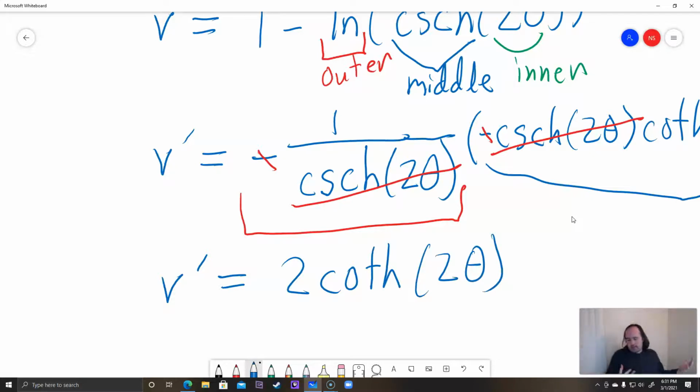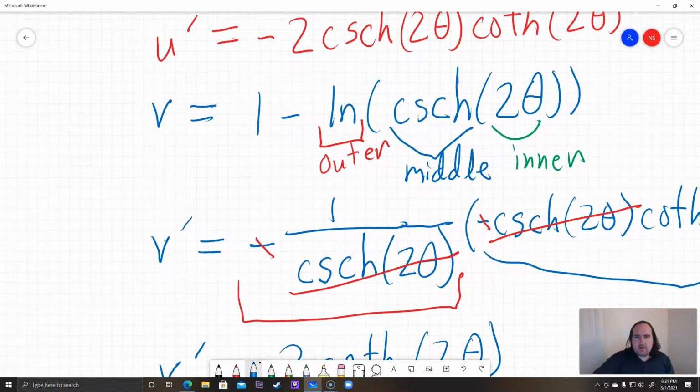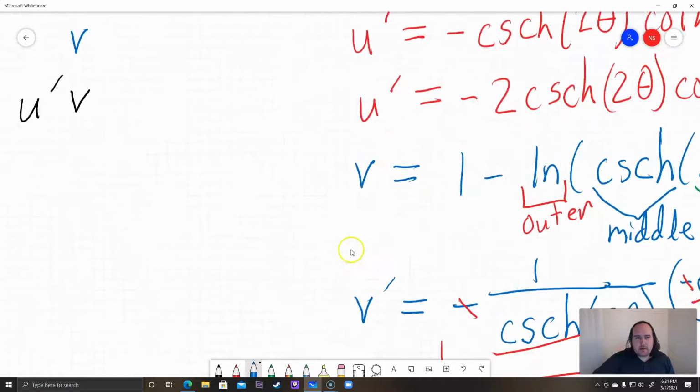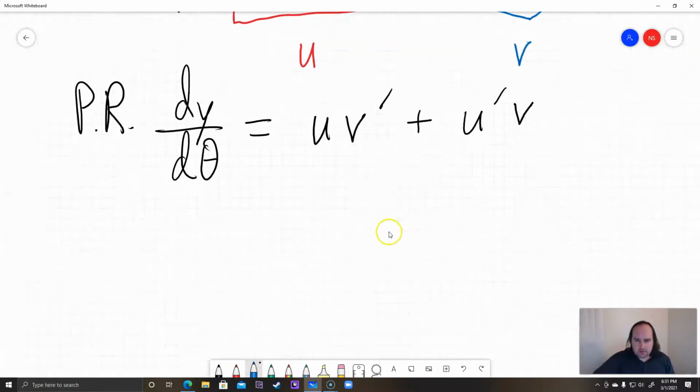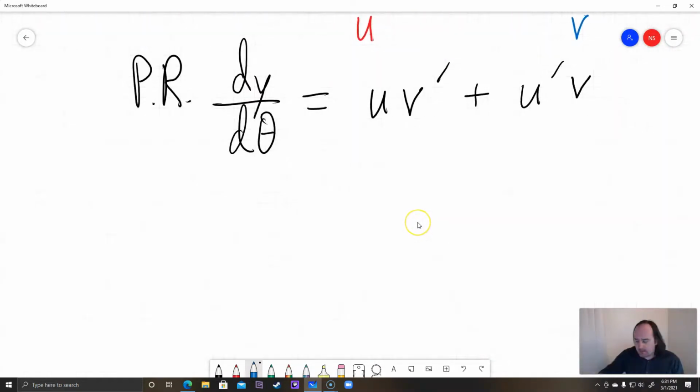And remember, once again, these are all hyperbolic functions. That's why they have h's. And I say coth of 2 theta, but what I mean is hyperbolic cotangent. It just takes a long time to say that, so people just say them the way they're written. Okay, so we've got our u prime and our v prime. So now we're ready to plug everything into the product rule. So writing out lots of room here for the product rule, we have dy d theta